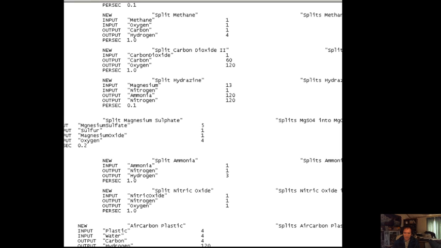Magnesium sulfate. Well, this shows up. This shows up.